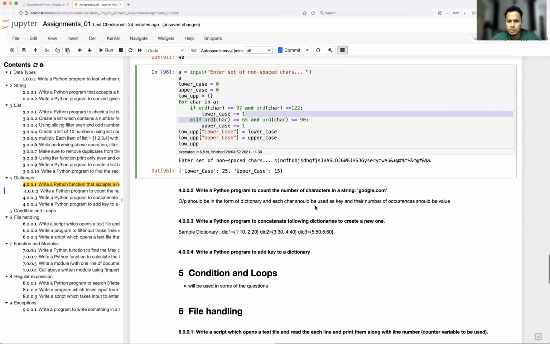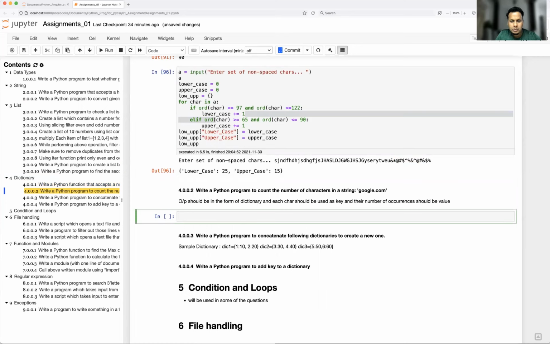Write a Python program to count the number of characters in the string google.com. This is a very simple one, and the output has to be in dictionary format. So let's use dictionary comprehension. Okay, so what we can do now, for char in